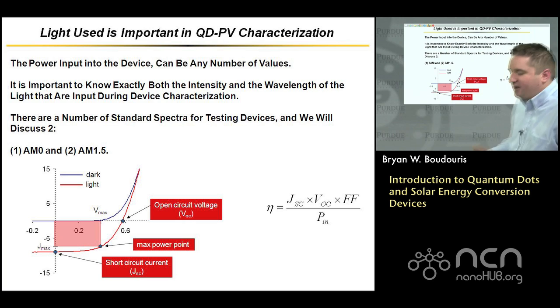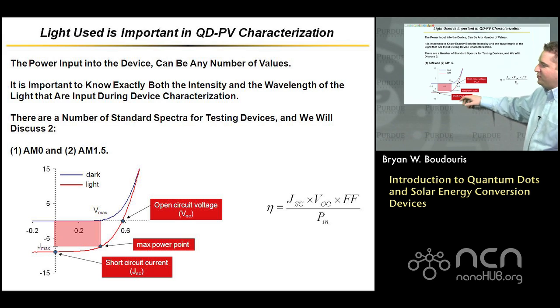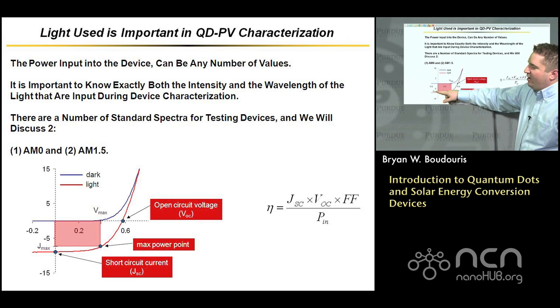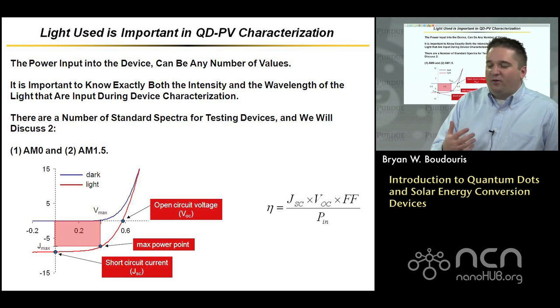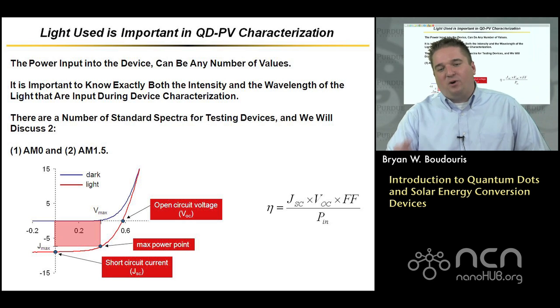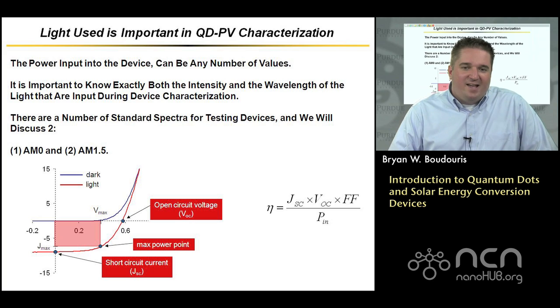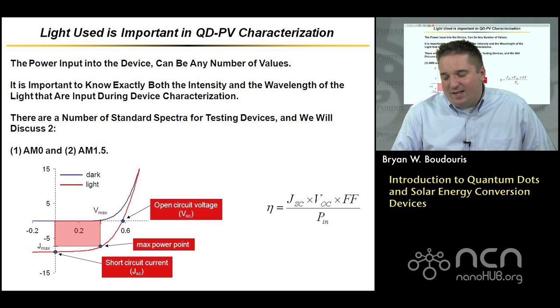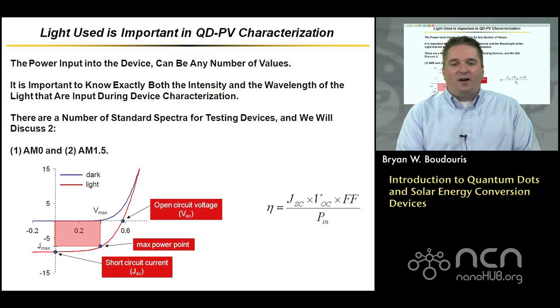And our fill factor is a ratio. And the fill factor is the area of the curve between the maximum power point and the short circuit current density times the open circuit voltage. So if we know those values, we can calculate the fill factor. And if we multiply all 3 of those together and divide by the power of light in, that gives us the efficiency. So now we need to think about, not only do we want to think